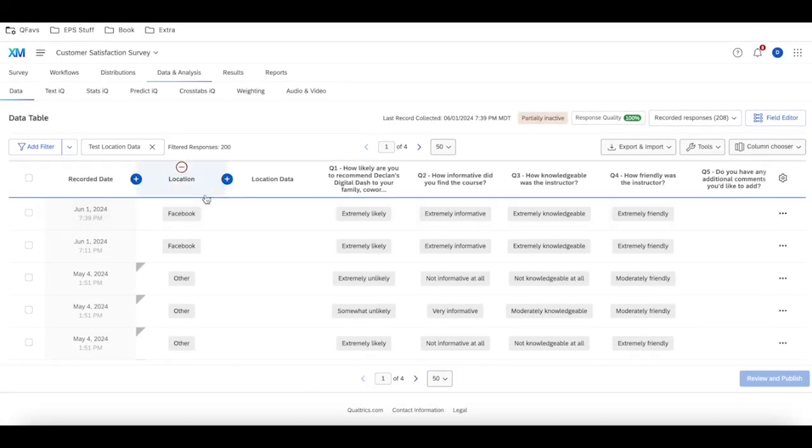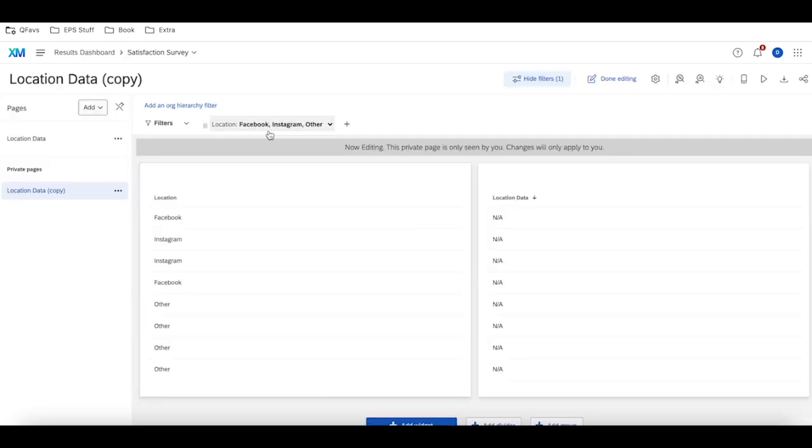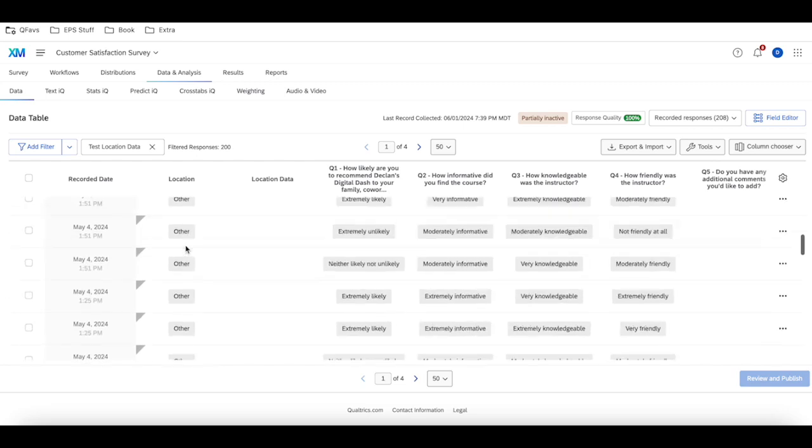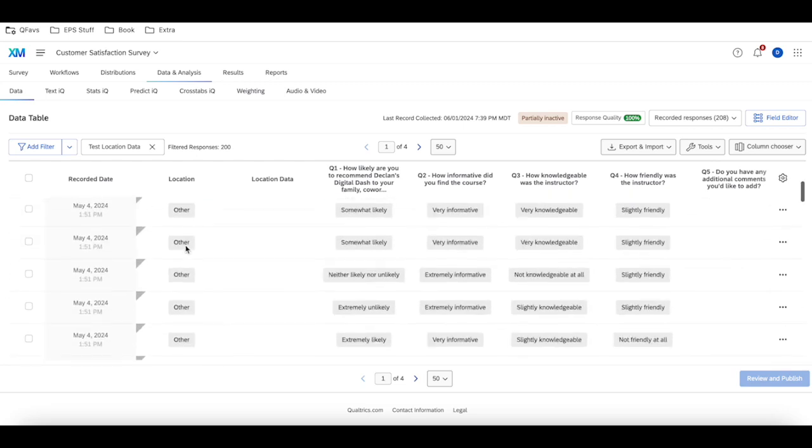And you'll see here, once we add that filter that matches what the dashboard is showing, we get the exact same thing we see on the dashboard. For location, as Facebook, Facebook, other, and then there might be an Instagram in here